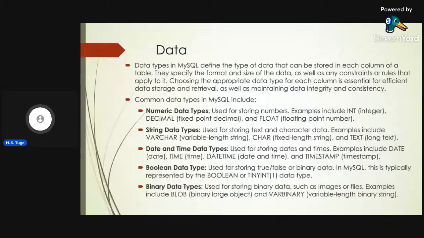Data types in MySQL define the type of data that can be stored in each column of what? A table. They specify the format and size of the data, as well as any constraints or rules that apply to it. Choosing appropriate data types for each column is essential for efficient data storage and what? Retrieval. Okay? Data storage and what? Retrieval, as well as maintaining data integrity and